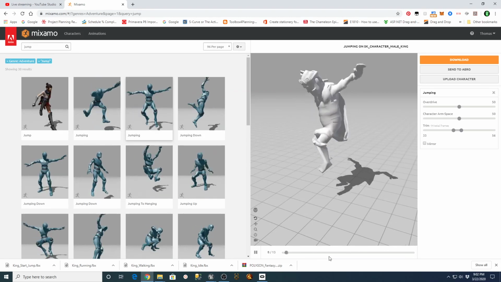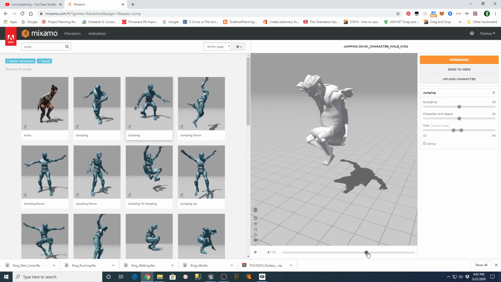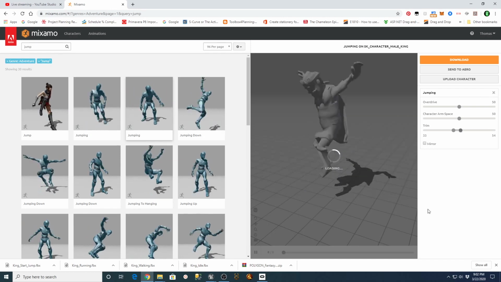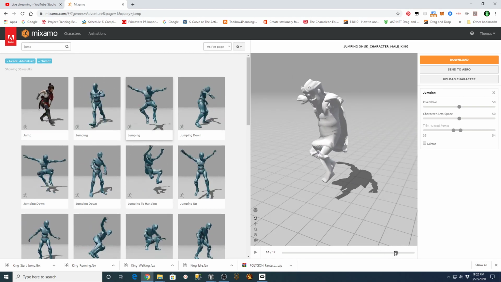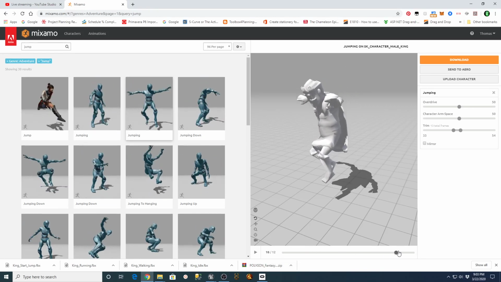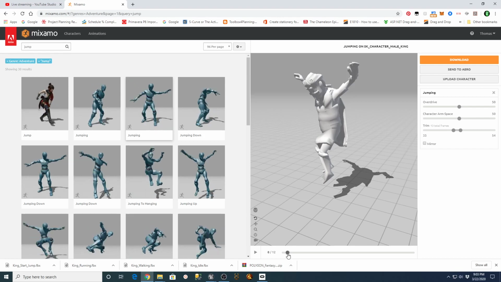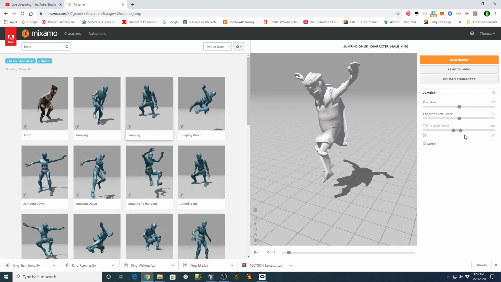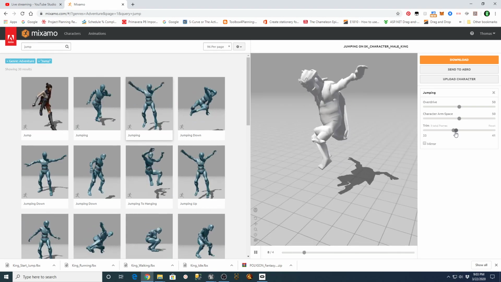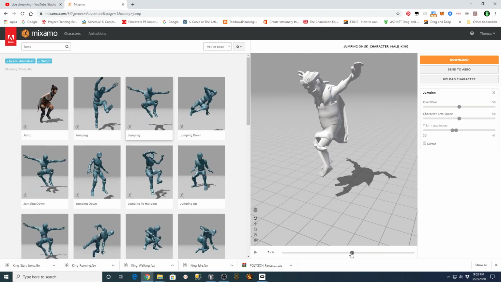I don't think he's quite hitting the ground there. Let's see. We'll pause this. So he's in the air. He's jumping. Almost touching the ground. I'm going to pull that back a little bit. Really just need those couple of frames right there, which would probably be more than enough. Let's see if we can get, what's that doing? 6 frames of that.